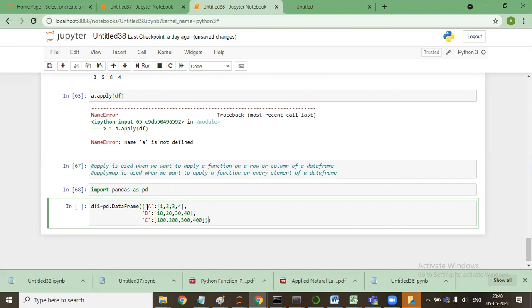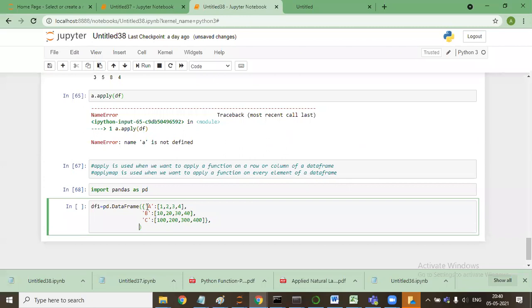Okay. So with this dictionary, I'll specify the index as well.